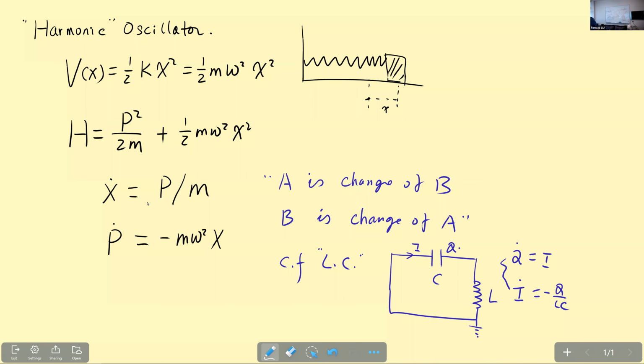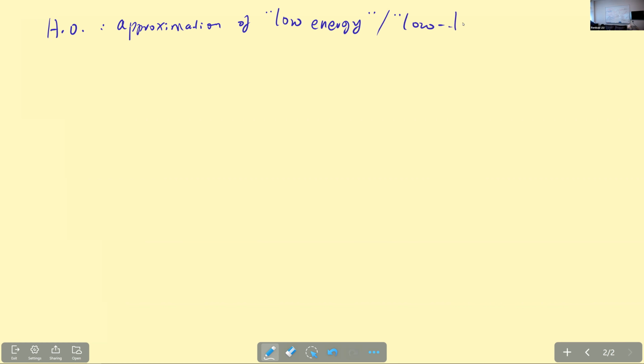Especially, the harmonic oscillator is actually a very good approximation of so-called low energy or low temperature physics of many systems, many physical systems. For example, you can consider the vibrations